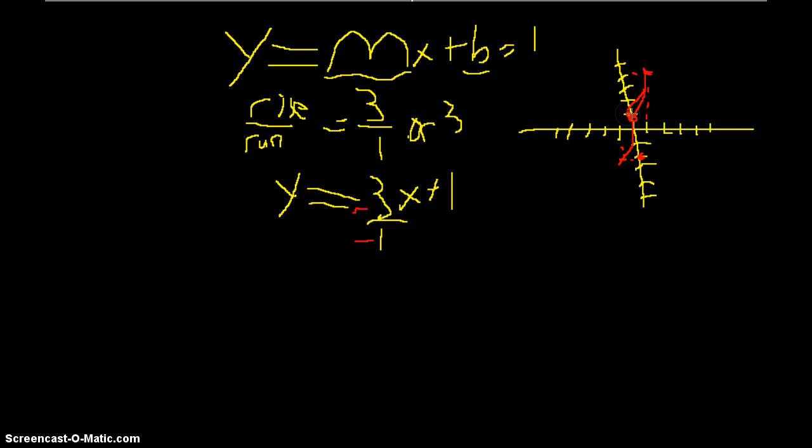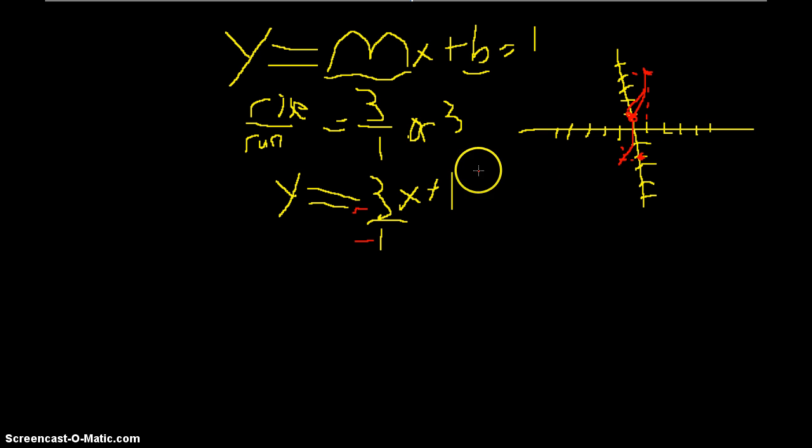So right here is our initial value, which is 1, and this right here is a slope of 3 over 1. And then we have our 2 points. Our teacher always likes to have us put 3 points. So that's pretty much what y equals mx plus b is. And now we can use y equals mx plus b to find